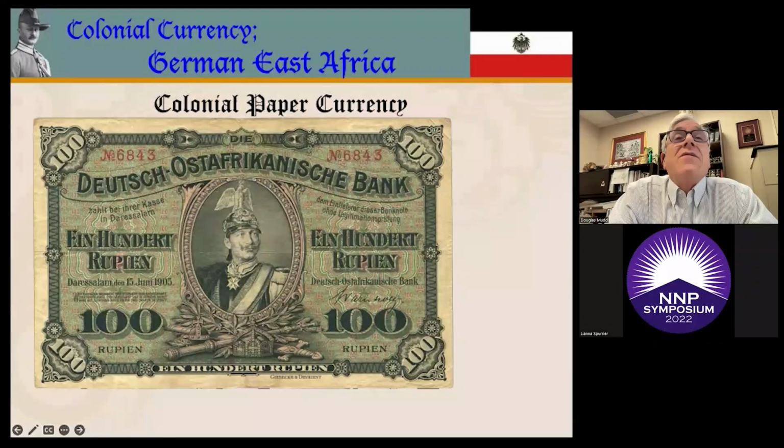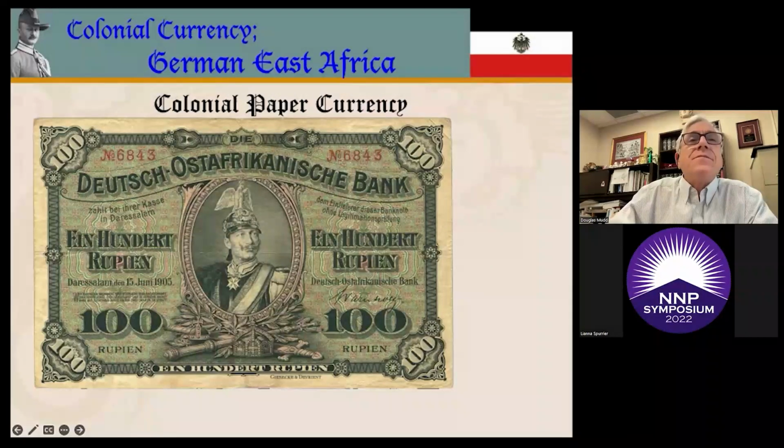The German East Africa Bank, or Deutsche Ostafrikanische Bank, was formed to serve the colony in 1904. The right to issue banknotes was granted on 15 January 1905, and soon after, the first paper money was introduced. These notes were produced by the Leipzig firm of Giesecke and Devrient on special paper with the company's cross and star watermark pattern. 5, 10, 50, and 100 rupiah notes were issued. In 1912, a 500 rupiah note was added.